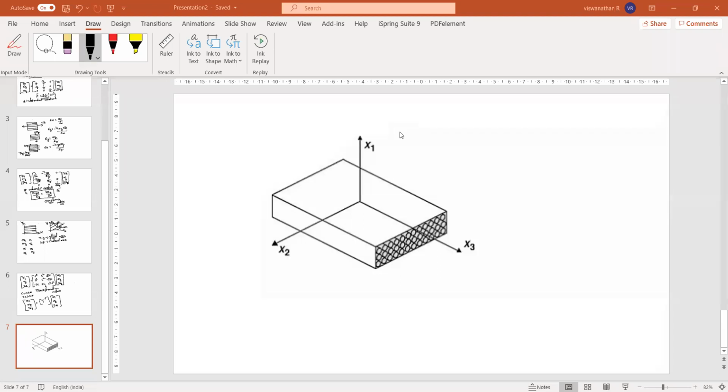In anisotropic, the elastic modulus will not be the same in all directions. So different in different directions. About orthotropic, it will be different in the three mutually perpendicular directions. So if you have the three mutually perpendicular planes, then in this direction it will be the same, and along that plane it will be the same, and in the other plane it will be the same. So that is called an orthotropic material.